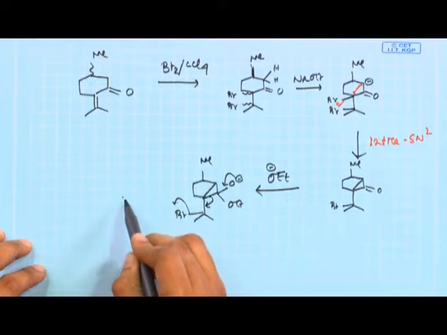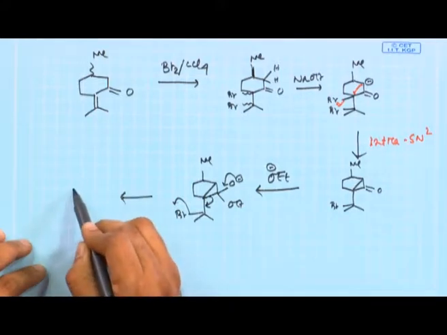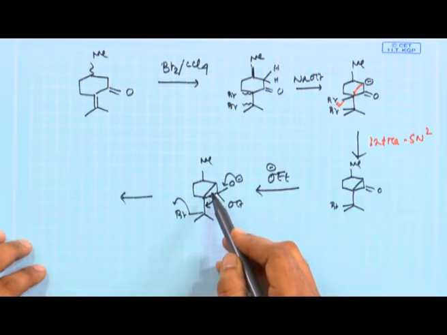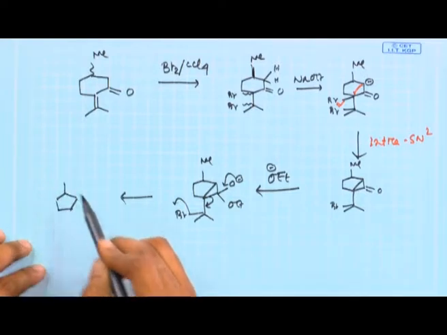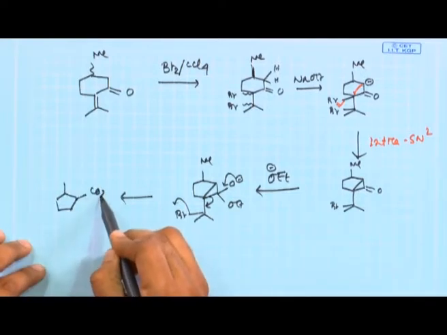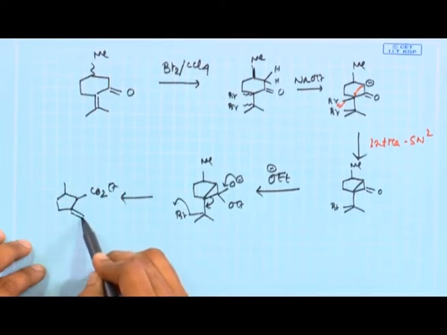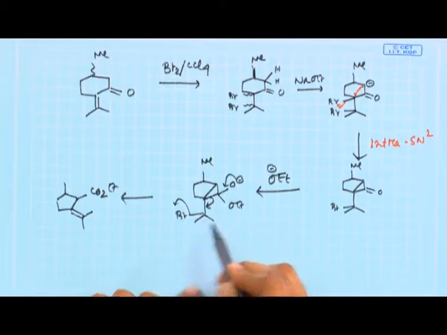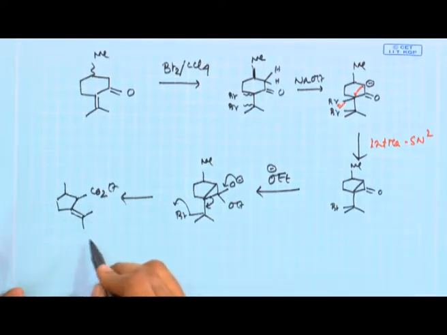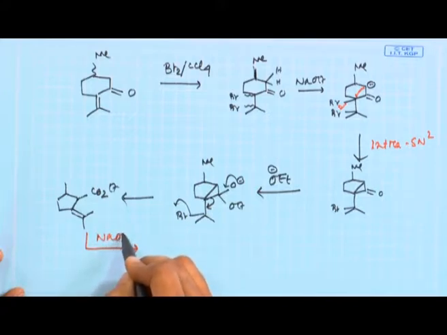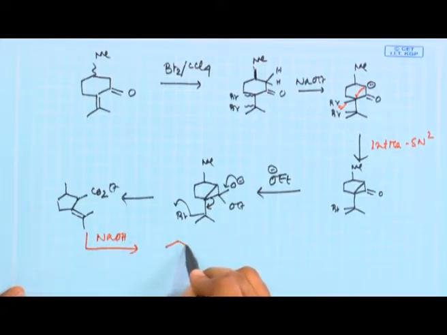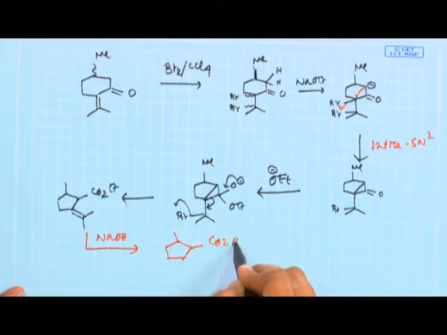That is why the substrate was suitably designed, and now you see the ring has been contracted, and this methyl part is there, this CO2Et will be there, and then here you will have this double bond, this methyl methyl. So, your product basically has a CO2H group here. So, you basically need to do a hydrolysis, you can do an acidic hydrolysis, you can do a basic hydrolysis, and then finally you will get the hydrolyzed product.